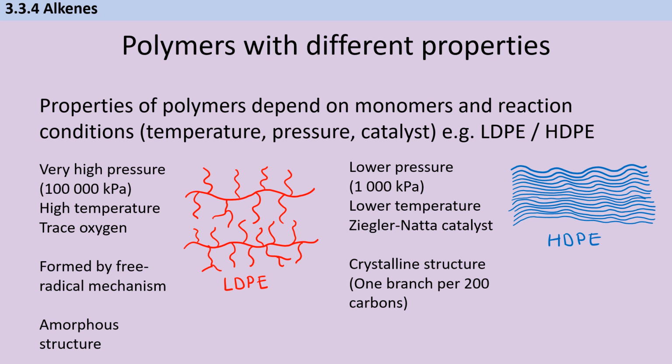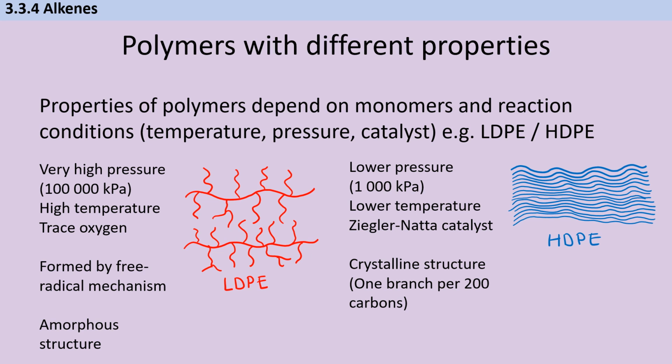They're both obviously made out of the same monomer, ethene, but what's different is the reaction conditions, and these lead to different properties in the polymers that are formed. Low density polyethylene is made under very high pressure and pretty high temperature too, and oxygen is included as a catalyst. When the polymer forms, it makes lots and lots of branches, and those stop the chains from packing too